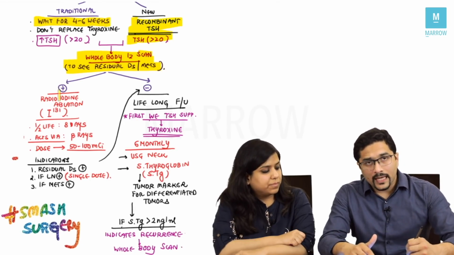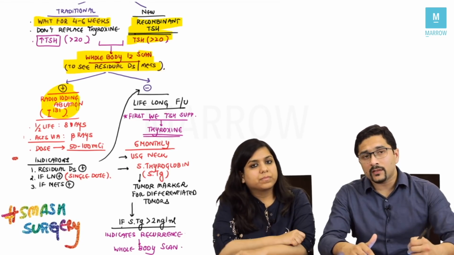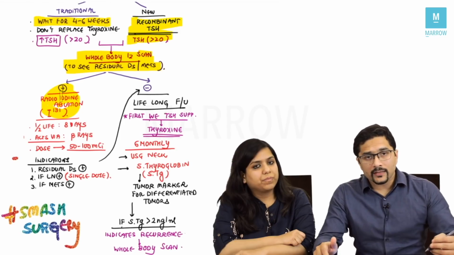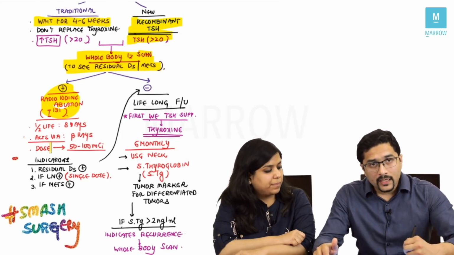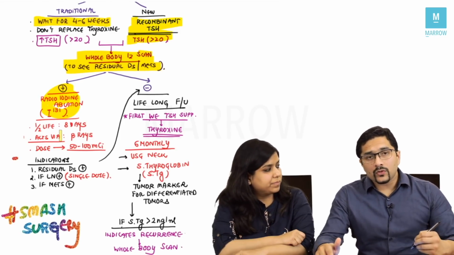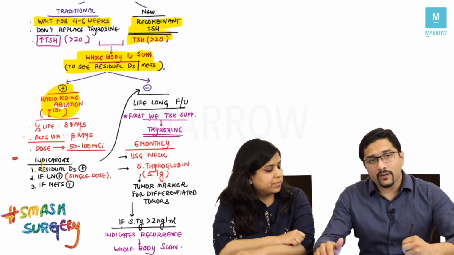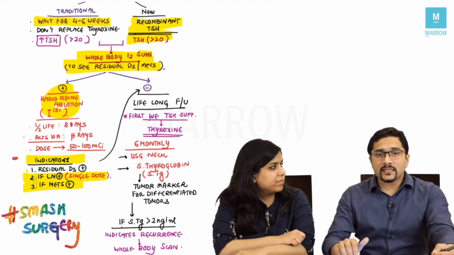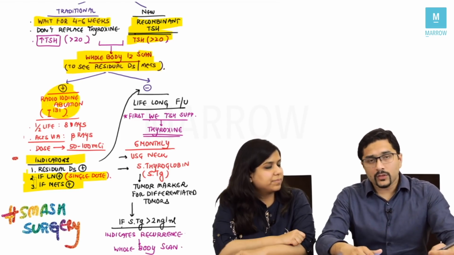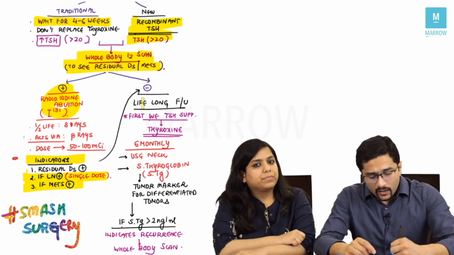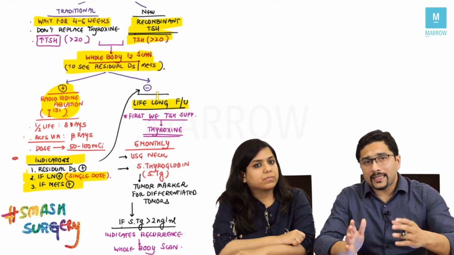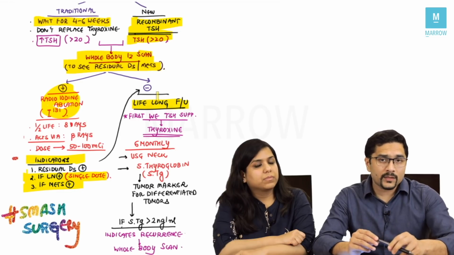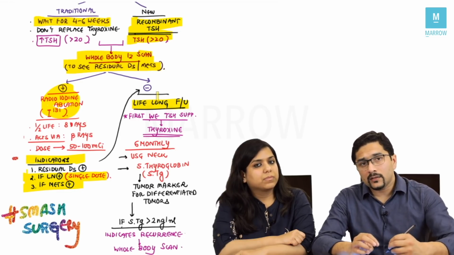Now once we've done this scan, if there is residual disease present, then we treat it with radioiodine ablation, which acts via beta rays and the half-life is 7 to 8 days. We also give a single dose of radioiodine ablation if lymph nodes are positive, or if there is a persistently high thyroglobulin which is continuing. If there is no metastasis or residual disease, then the patient goes under lifelong follow-up with 6-monthly ultrasounds and serum